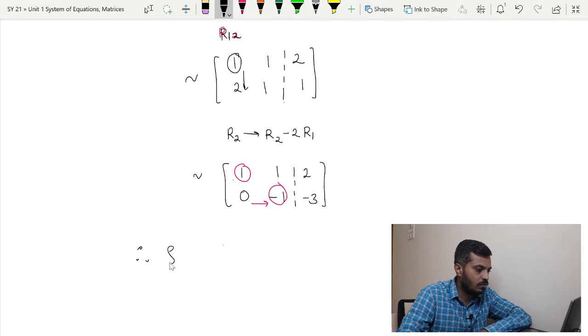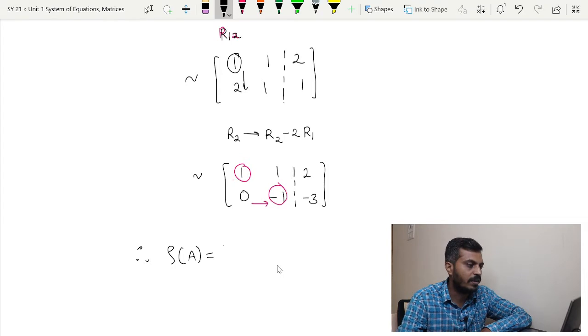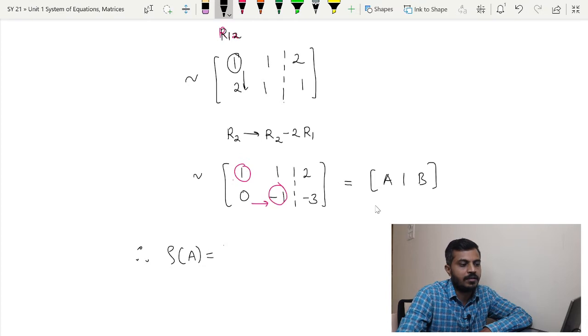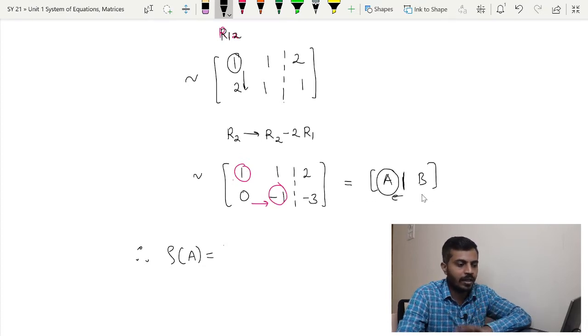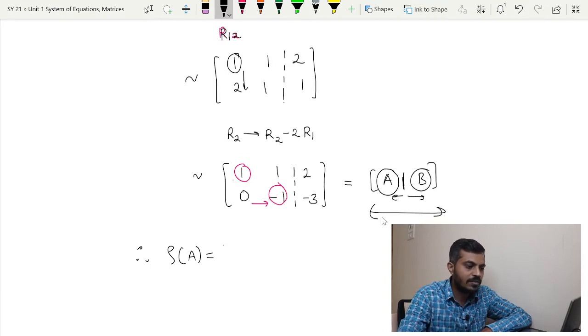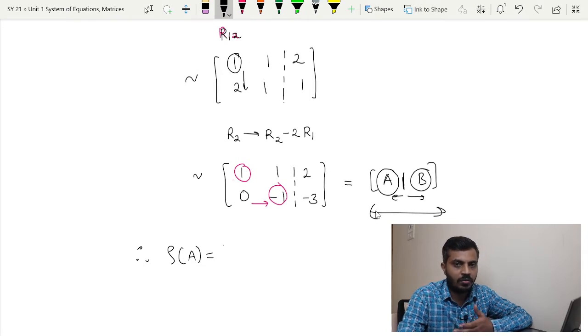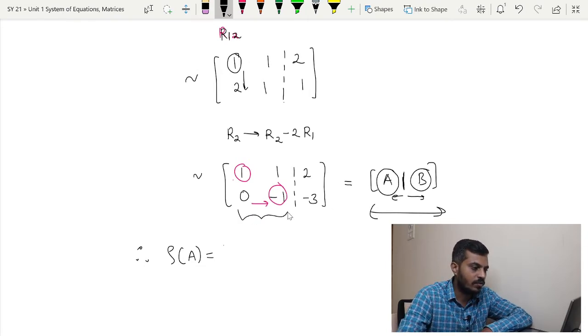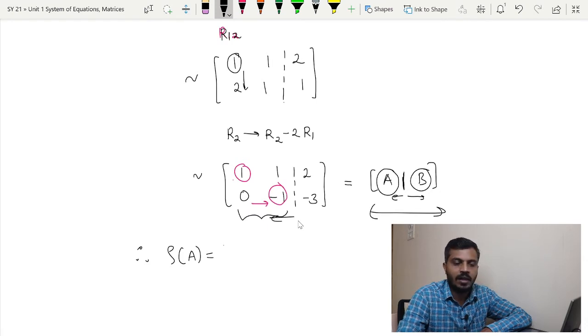now the question is how to see what is the rank of A and rank of the augmented matrix. Now the notation of augmented matrix, if you see properly, this is nothing but the augmented matrix, right? This is nothing but matrix A before the line, and after the line is nothing but our matrix B, and this total matrix is called the augmented matrix. So in order to get the rank of matrix A, just focus on this matrix before the line and see the number of leading coefficients there.